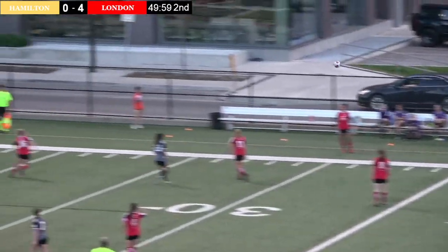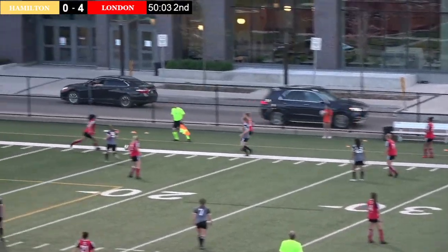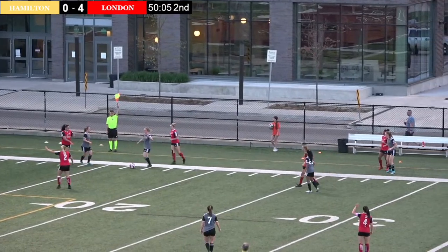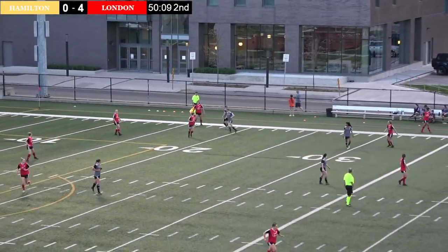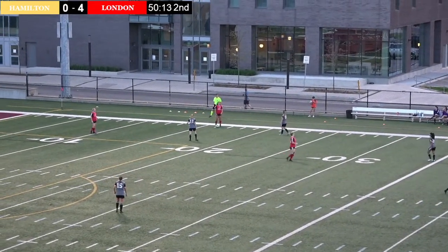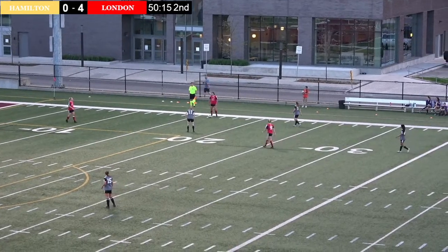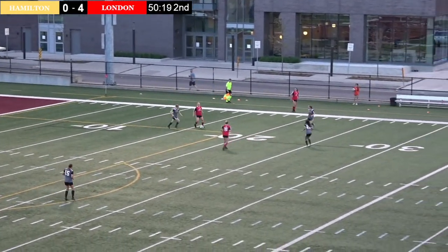Vogel coming in for the throw-in, perhaps a specialist, as she's come a long way to take that. Or maybe she's coming over to stay with Gay. She looks to have switched positions with Kiara Bailey, who had been the right-sided wing-back for Hamilton United throughout that first half, and indeed to start the second. With Sarah Vogel, who had been